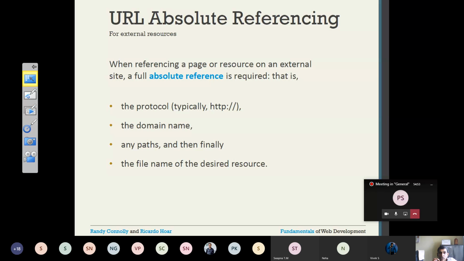So the point here is that an absolute reference is used to refer to an external site. SJCIT wants to know VTU rules and guidelines. I might have, in sjctac.in, a link to see VTU rules and guidelines. Now, when you want to see VTU rules and guidelines, my SJCIT website may have a hyperlink that points to the VTU website. So the point is, I can't use a relative reference here. I should use an absolute reference. That means, see VTU rules and regulations. What should be the href? The href should be